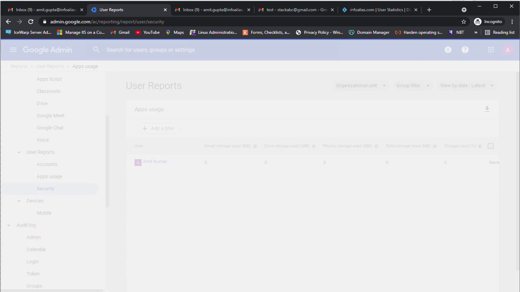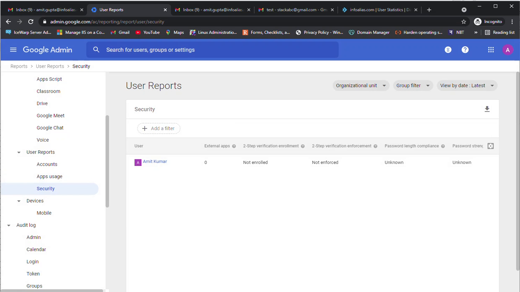Next is the security. In the security tab here, you can again see the enrollment of your accounts inside the two-step verifications or the password length, compliance or password strength. If any user is using a very small password or very simple password, you can just monitor the compliance length, I mean the password length of your user accounts. You cannot see the exact password of the users, but you can see the password strength.